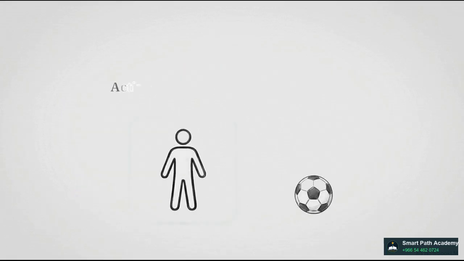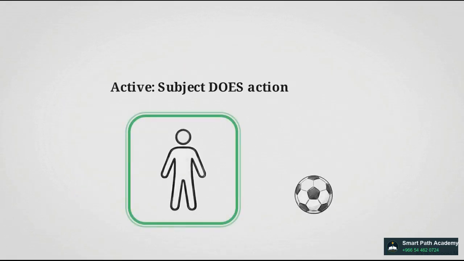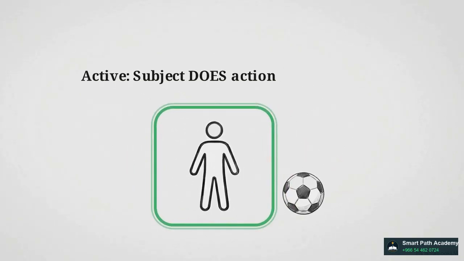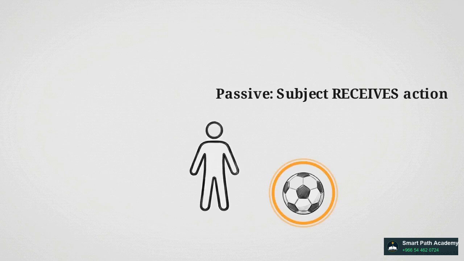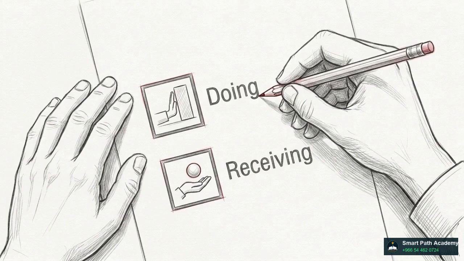Next is voice. In the active voice, the subject of your sentence is the one actually performing the action, like this figure kicking the ball. In the passive voice, the subject is on the receiving end. We shift our focus to the ball getting kicked. Correctly identifying whether a subject is doing the action or receiving it is the first step to accurately answering any